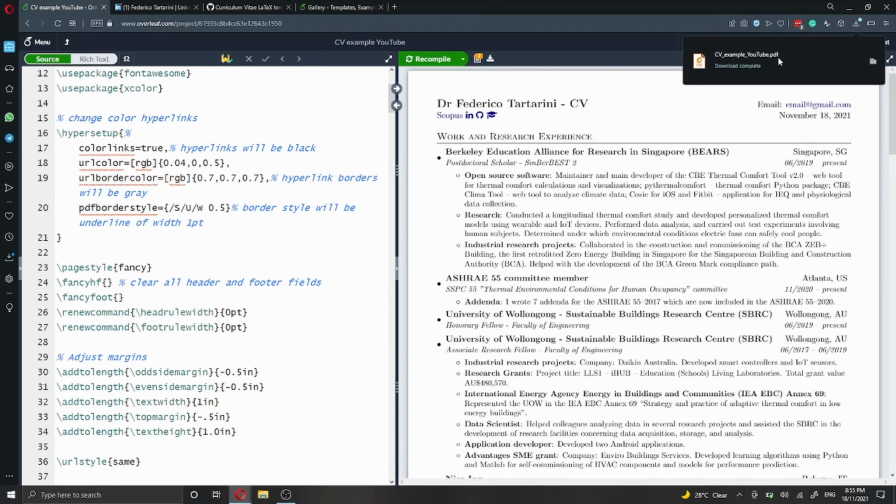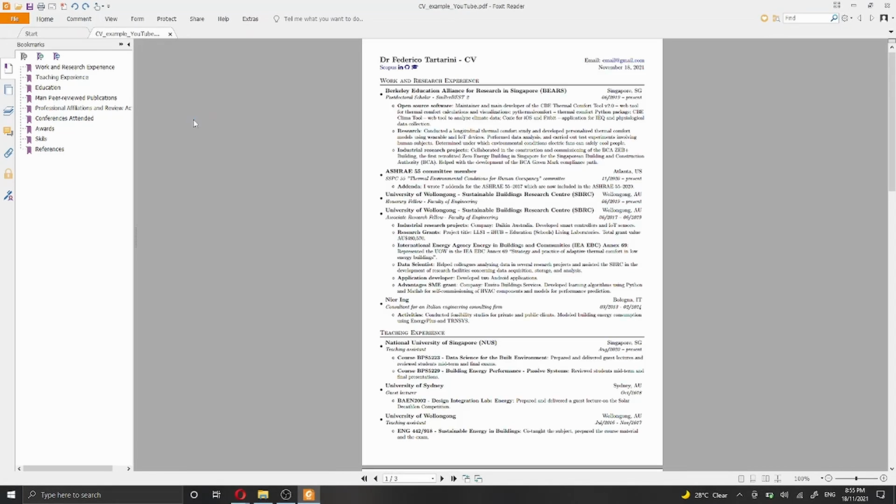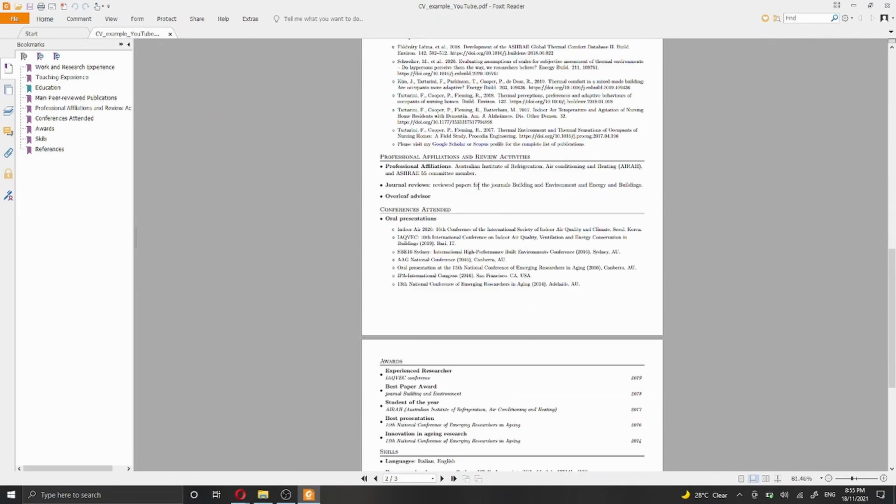So this will download our CV in the downloads folder, and then you can open it with any PDF reader, as you can see as I'm doing here. So you can see that now I have my PDF on my computer and I can share it with whoever